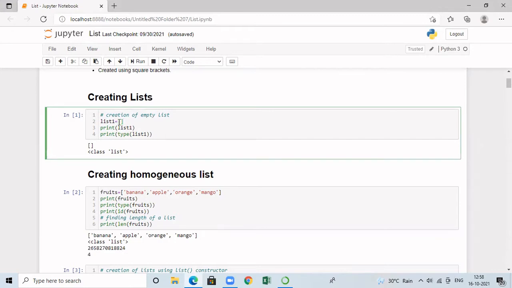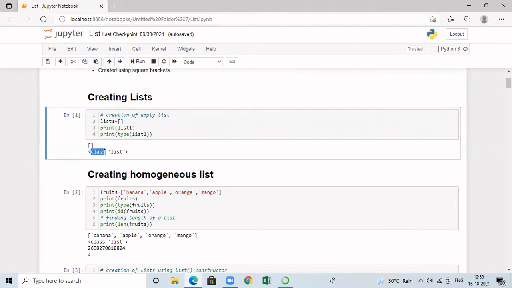And when we create the list by means of this, it is going to create a reference. So we are going to store the reference in a variable called list1. And I'm printing the list by means of print(list1). When I do that, it will print all the elements in the list. Now, currently, I don't have any element in the list. So when I print, I'm getting an empty list by means of empty square brackets. And I can even print the type of the list by means of print(type(list1)). When I do that, I'm getting the output as class list.